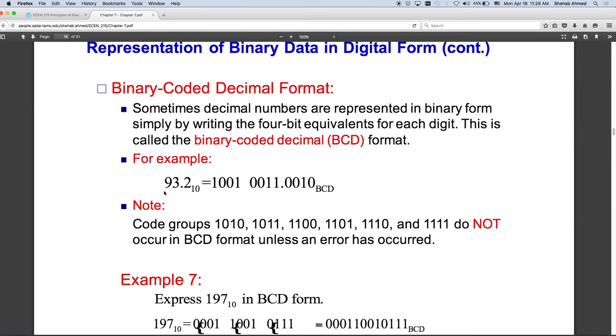2 to the 4th is 16, correct? So a single digit is always going to be between 0 and 9. So if I represent this 4, you take each one of these digits and digitize it using 4 bits, and I have more than enough to represent this digit. So the binary coded decimal representation of 93.2 is you take this 9 and then you represent 9 in 4